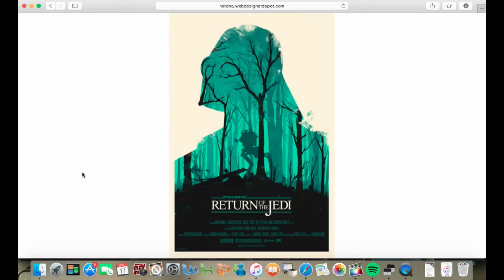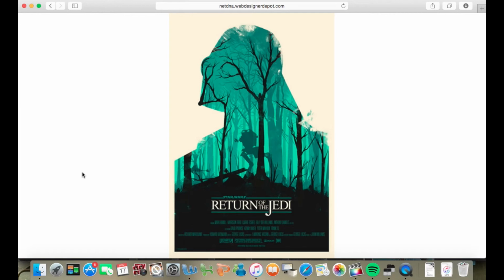The next poster I'm going to be analysing is the Return of the Jedi poster. This is obviously a Star Wars film, and this poster is very different to a lot of the posters that I've analysed already. The fact that it's got the outline of Darth Vader, and then all the imagery in the middle, the walker, the woods, everything is in an outline of Darth Vader's suit, which is a very cool aspect, as they've made it look as if there's two within one.